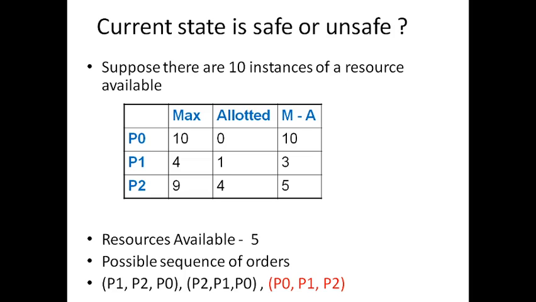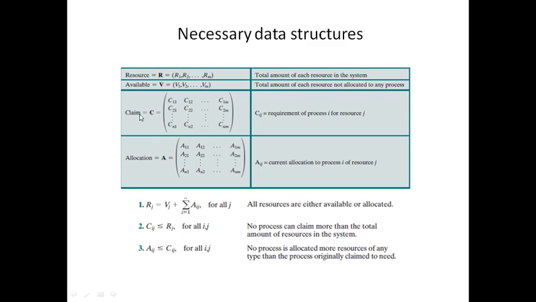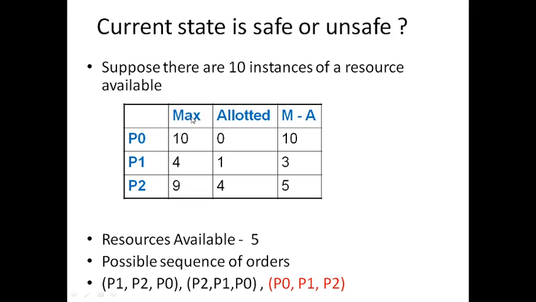So there are 10 instances of a resource available, and the max is equal to claim. The claim is nothing but referred to as max here. It is just a matter of terminology; we can use any term for that. So P0 needs 10 instances of the resource, P1 requires 4 instances, and P2 requires 9 instances. This is the information given, the demand of each process. Now